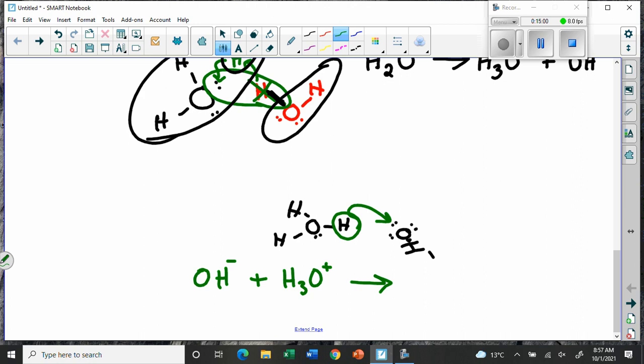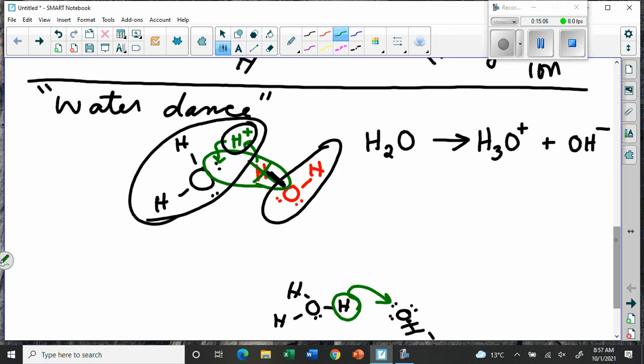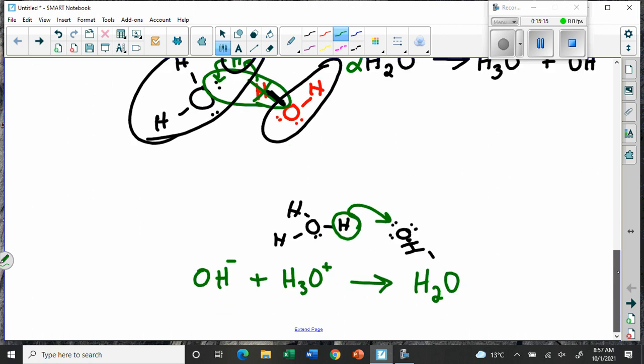In fact, what you make is two water molecules, right? So if we were to balance these equations, up here we would say two H2Os get together and they produce an H3O and an OH. And down here we would say an OH and an H3O produce two H2Os. So you see what's happening? The little hydrogen is bouncing around. He's trading partners. He's like, la la la, I'll hang out with this guy. And then he's like, whoop, and he hangs out with this guy, and he keeps jumping all around.